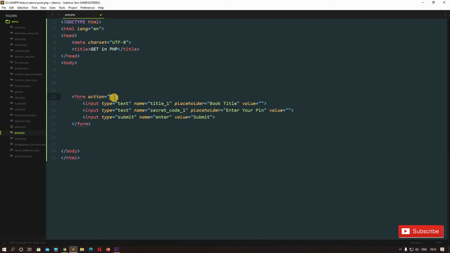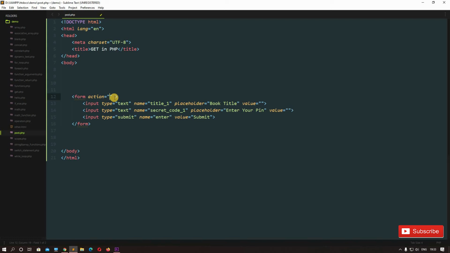Okay, like say in general, the information passes from the client to the server via the HTTP protocol. It follows the HTTP protocol. Okay, and it has two methods of sending the data. One is called the get method and the other is called the post method. So let's see what is the get method first, then we will talk about the post method.